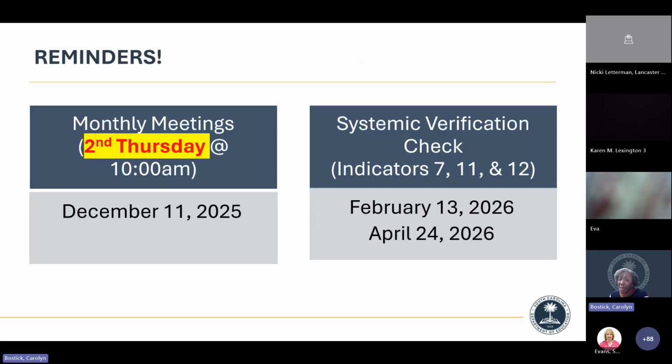We did want to talk a little bit about the systemic verification checks that normally happen in November. We will not do that. We need to take a pause so that we can level set and get truly acclimated for the 25-26 reporting year. As well, our November and December meetings fall on Thanksgiving and Christmas. So we will have a meeting in between, which will be the second Thursday in December, December 11th. We also have the two dates of fall admin, which happen on November 6th and the 12th.